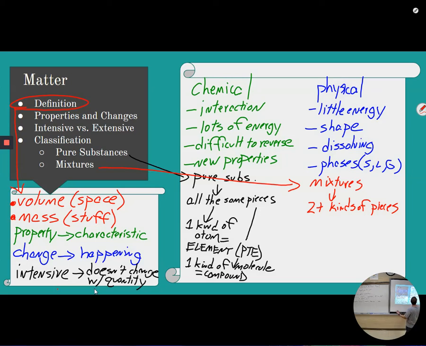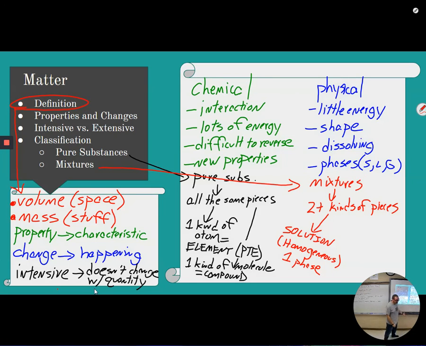If I can't tell that it's a mixture because it is so well mixed that it's actually all in a single phase of matter, then I say that it is a solution. Or a homogeneous mixture. Homo means same. Okay? All in one phase.